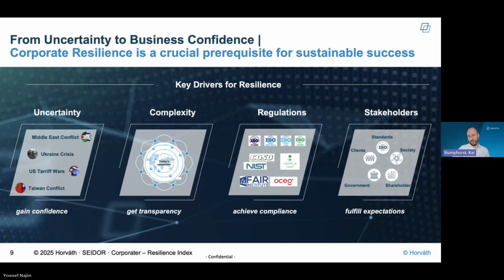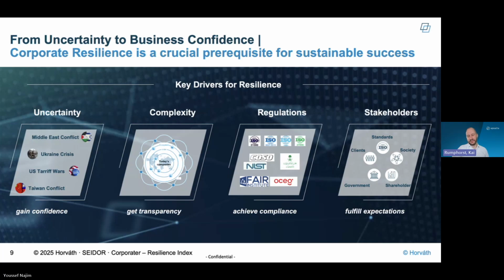Of course, it's getting more and more complex. This is nothing new, I'll tell you. Complexity is a key driver as well, but also regulators and stakeholders. So for example, the government has some individual goals. You have your own goals, but you also have clients, other stakeholders, the society, and the typical regulators you can see here.